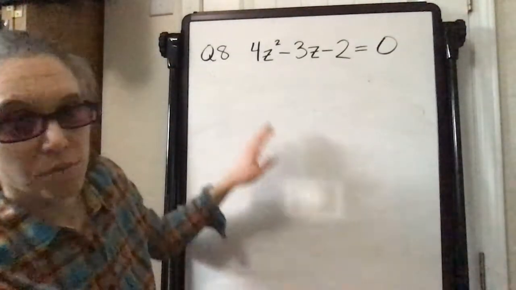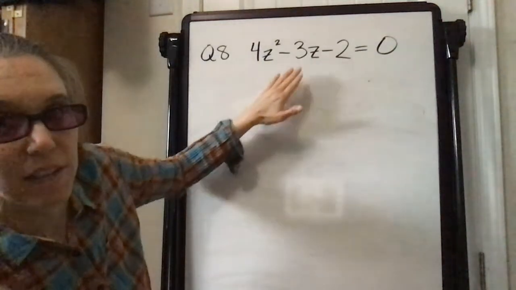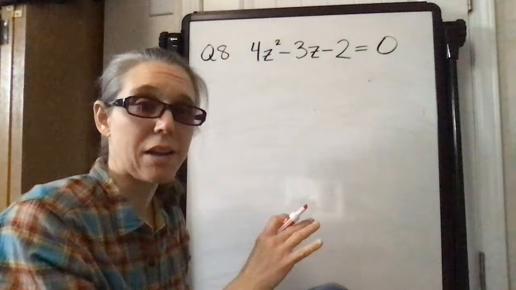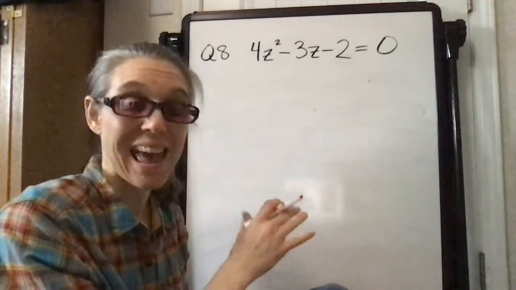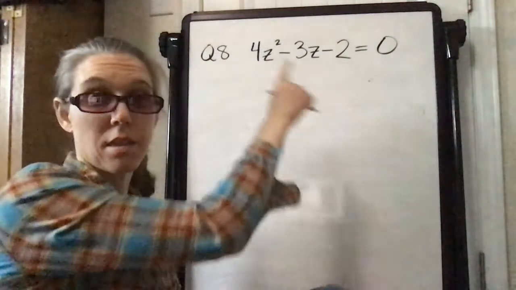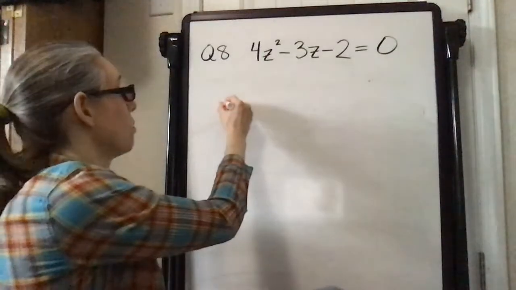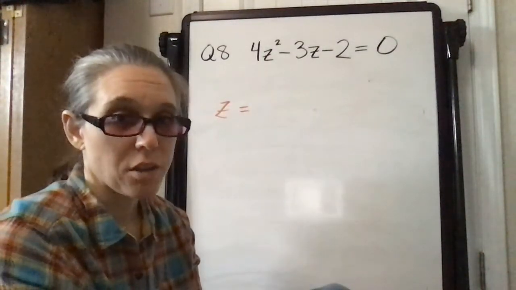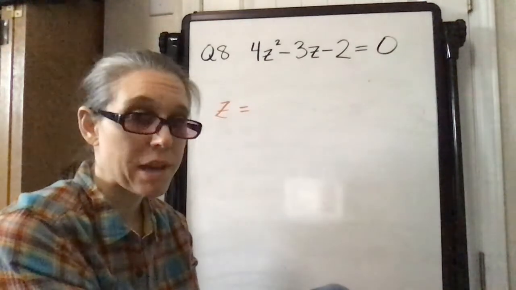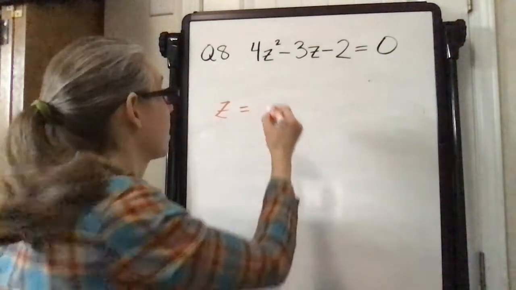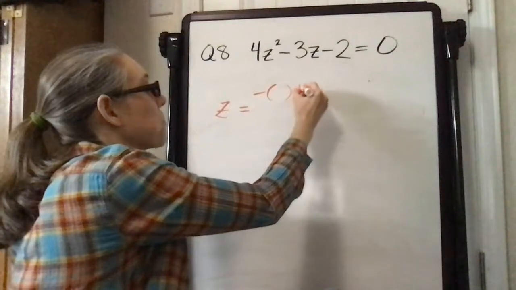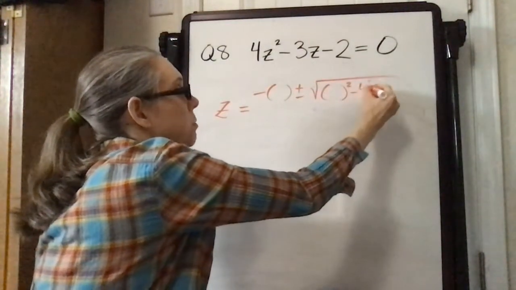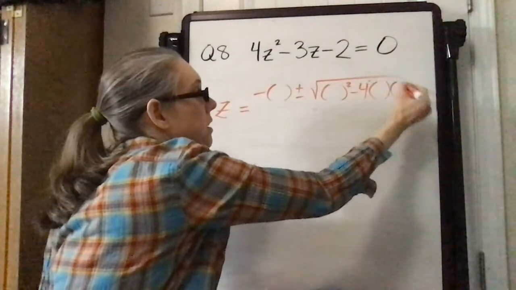We have it already in the form ax squared plus bx plus c is equal to 0. So now here's the quadratic formula. Now remember, the quadratic formula starts with x equals. This is a z. So make sure when you use the quadratic formula that you pick the appropriate variable that matches your problem. So we have z equals negative b plus or minus the square root of b squared minus 4ac